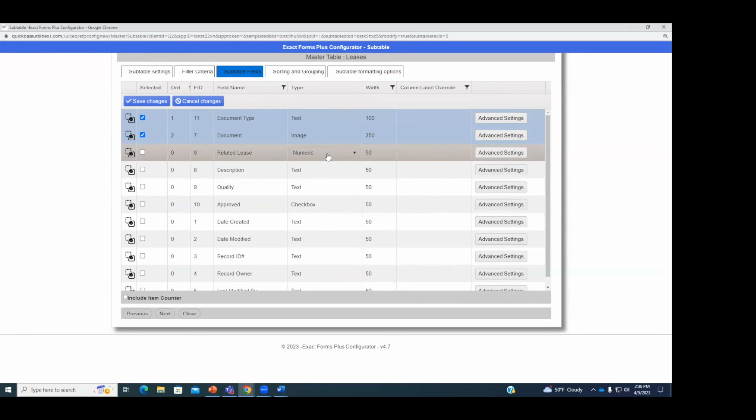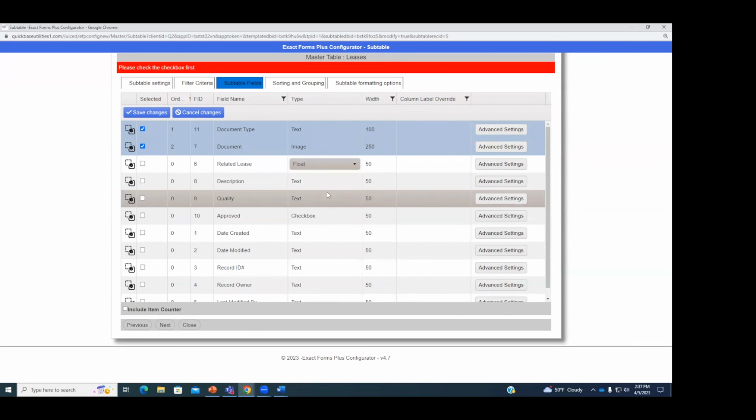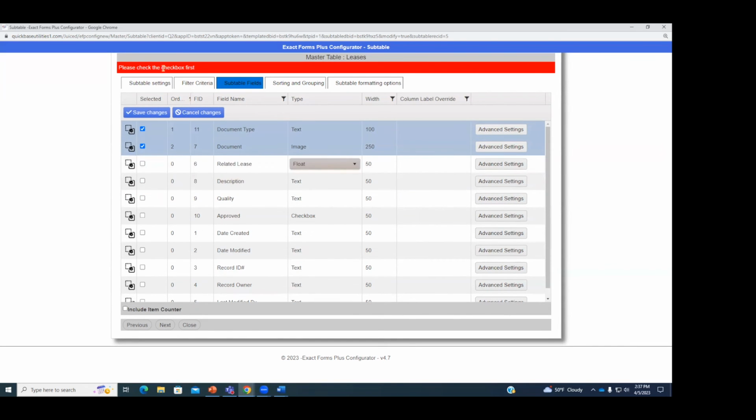If this related lease had decimals and you wanted to have those shown, this type column here, if you hit the drop down, we have some additional options for you to choose from. If you hit float, and I'm not going to do that because it's telling me to check it into the group first,